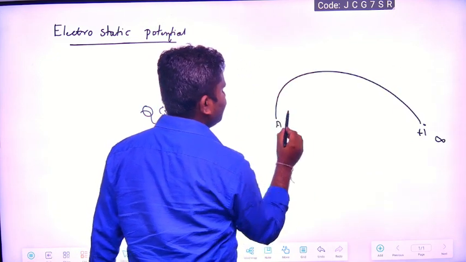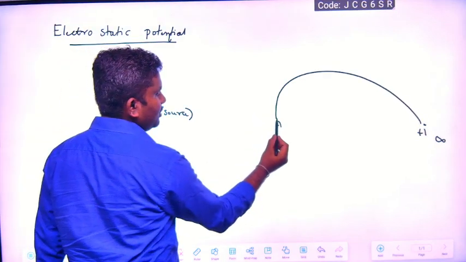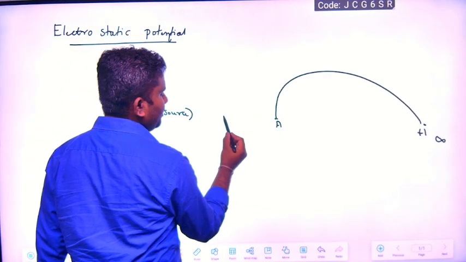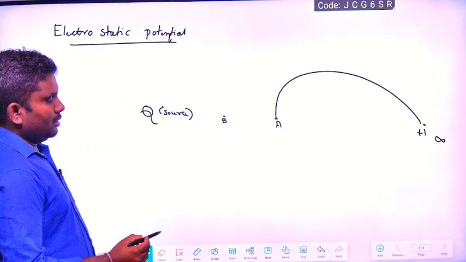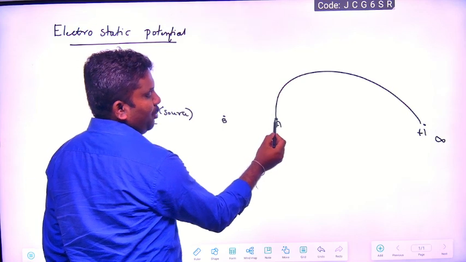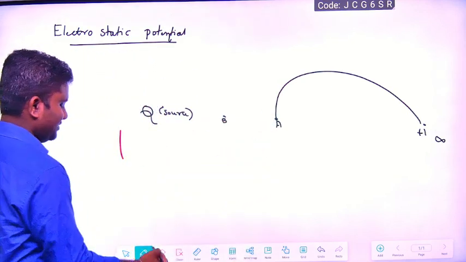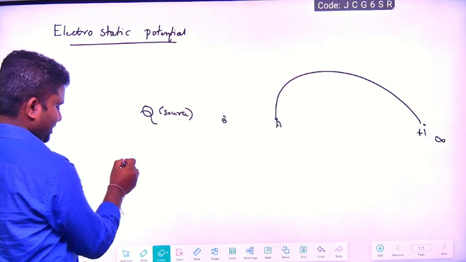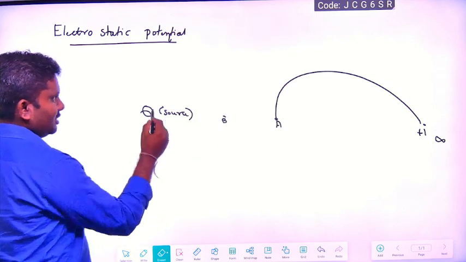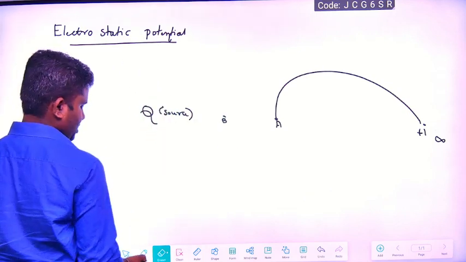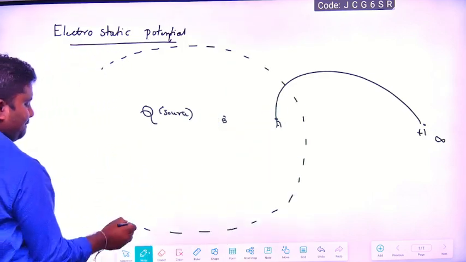This is point A. And again from point A, if I want to bring it to some point B, you just see here, point A and point B are in the field, correct? Which field? The source charge field. They are in the source charge field. So I can write like this. I also derived it in the last class, right? Now,